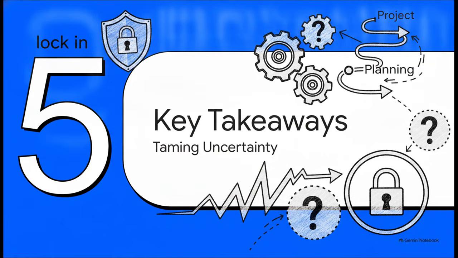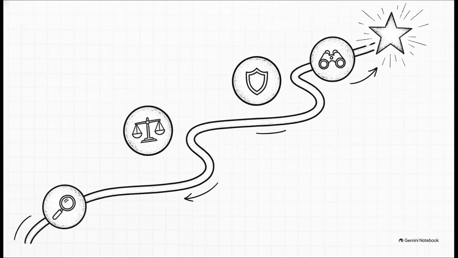Let's wrap things up with some key takeaways on taming uncertainty. The bottom line is this: a truly great project manager anticipates the unexpected. First, recognize that risk management is a proactive survival tool. Second, systematically identify your risks using tools like SWOT and brainstorming. Third, assess them using probability and impact matrices so you can focus your energy. Fourth, develop a firm response strategy to avoid, mitigate, transfer, or accept those threats. And finally, rigorously monitor your triggers so you can execute your contingencies flawlessly.